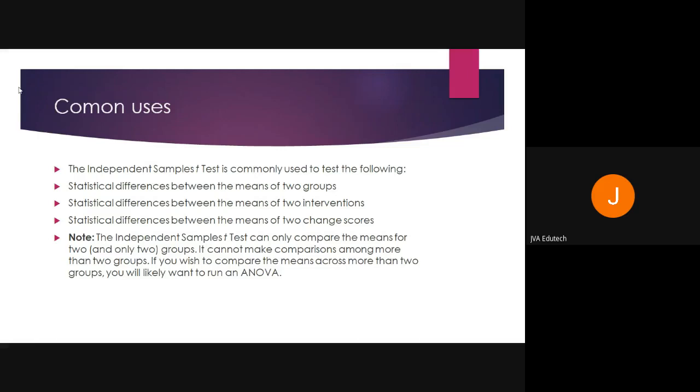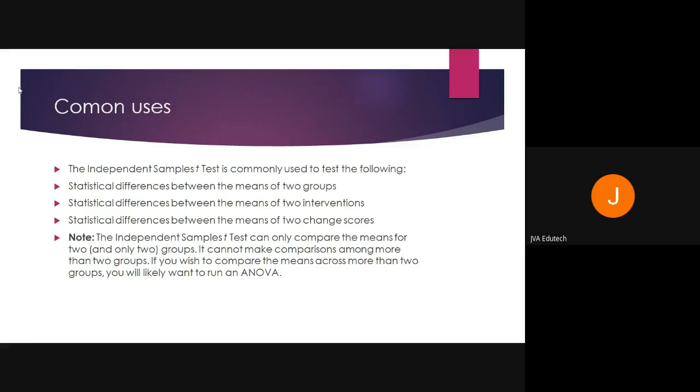Like you have taken two patients suffering from, let's say, fever. To one, you are giving a normal treatment, like some homeopathic or Ayurvedic medicine. To the other, you are giving some crocin, and want to check the effect of crocin on the treatment of fever. So this will be the second intervention, and in both cases you want to see how these two interventions have different effects or the same effect. In such situations, mostly we also use it in experimental studies. Then the statistical difference between the means of two change scores. So in all these cases, we take the independent sample t-test.